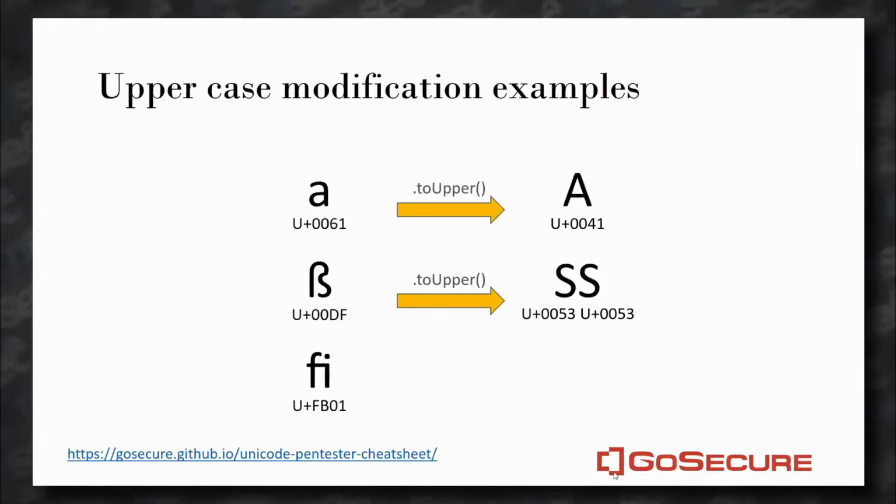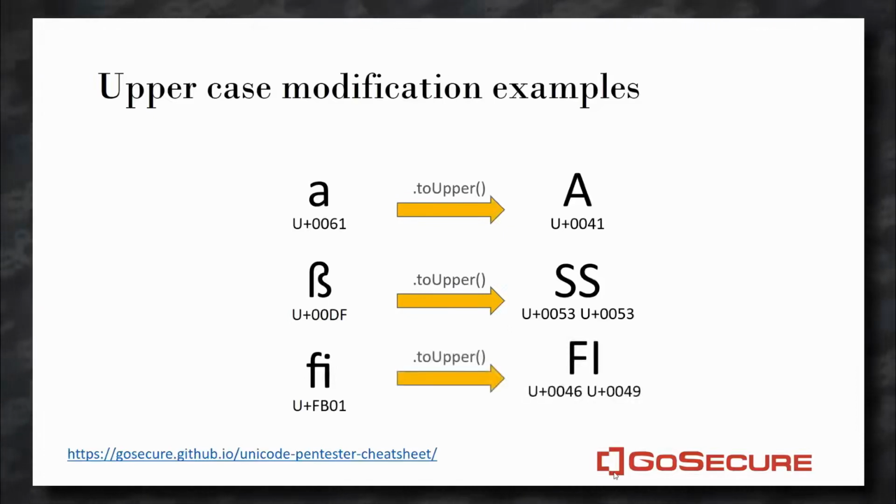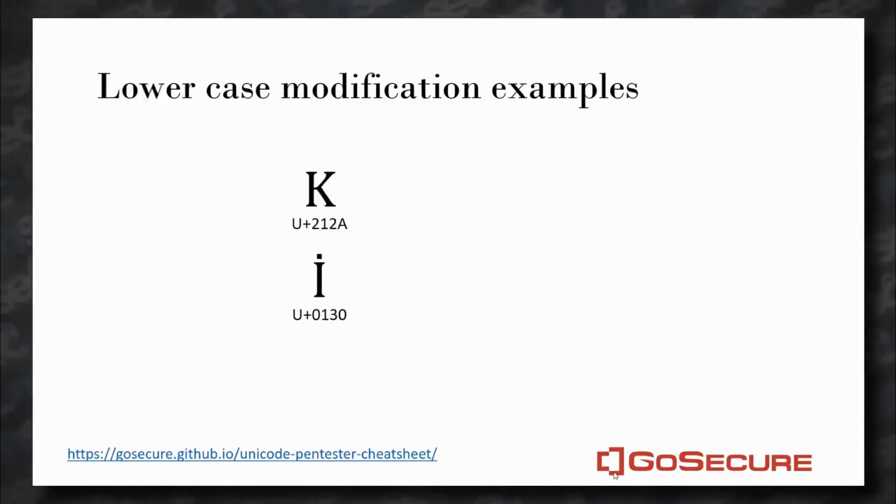Same with this fi character, which is a ligature of F and I. It becomes capital F and capital I, which, if you compare it to the string FI, would be equal. Lowercase will have completely different characters with this behavior. So characters that have an impact on uppercase transformation do not necessarily have the same repercussion with lowercase transformation. But